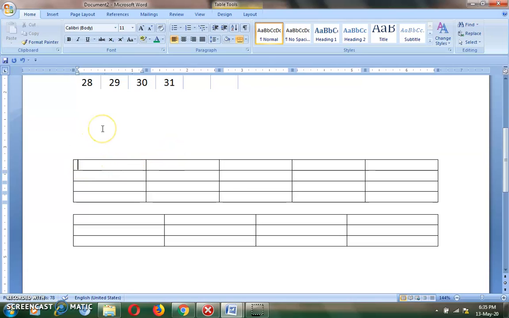Then if you want to enter text in the table, click here and enter the column name. Like this. Then click the second column.